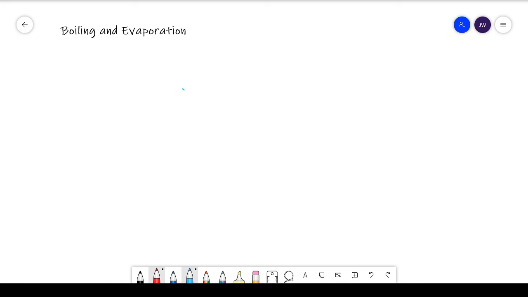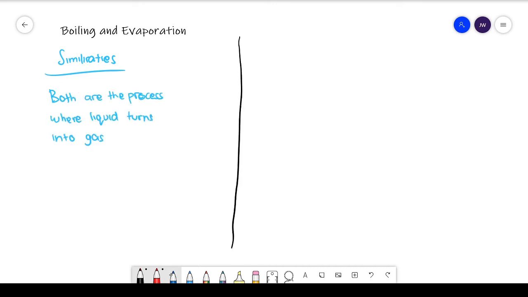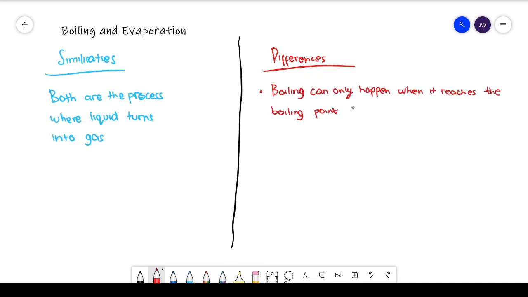Now, both of these may look similar, but they have a few differences. The similarities between them is that both are the process where liquid change into gas, while the differences are a lot. Now, the first difference is that boiling can happen when it reaches a boiling point, like mentioned before, which is 100 degrees Celsius, while evaporation can